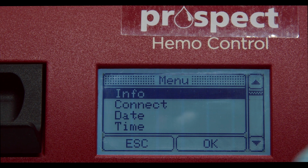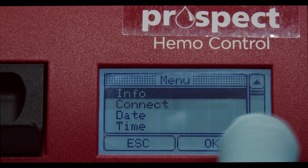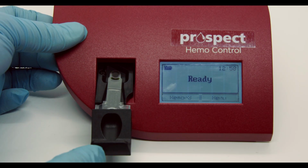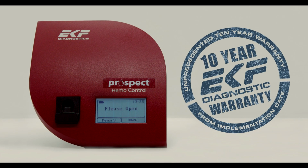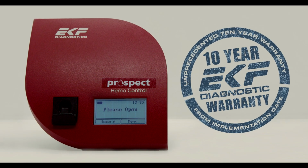than 2%. The user-friendly features and step-by-step on-screen instructions minimize training time without negatively impacting the quality of result or patient care. Users also appreciate the soft close function on the analyzer, which reduces contamination. As standard, an unprecedented 10-year warranty, parts and labor is included, giving you peace of mind every step of the